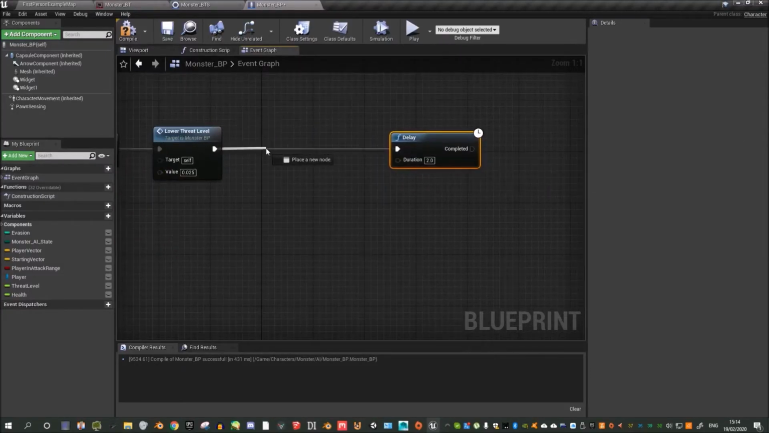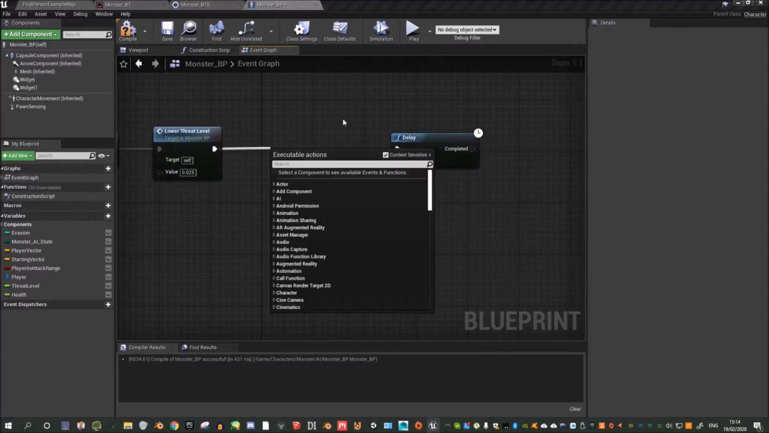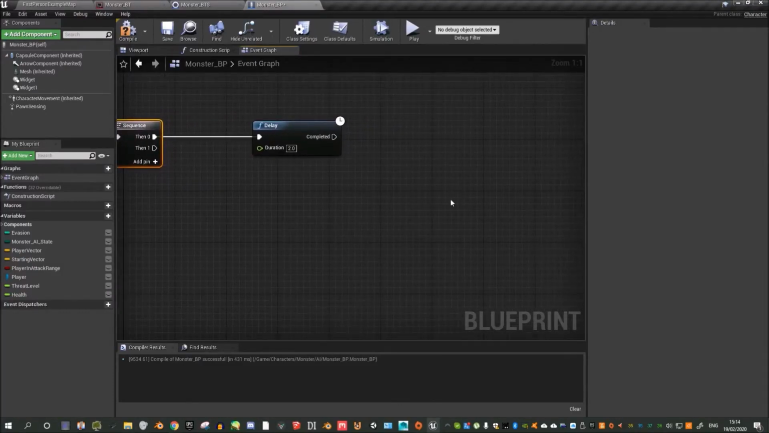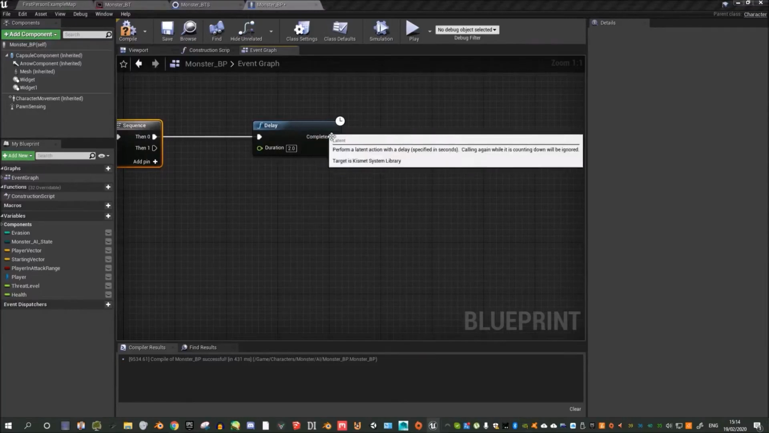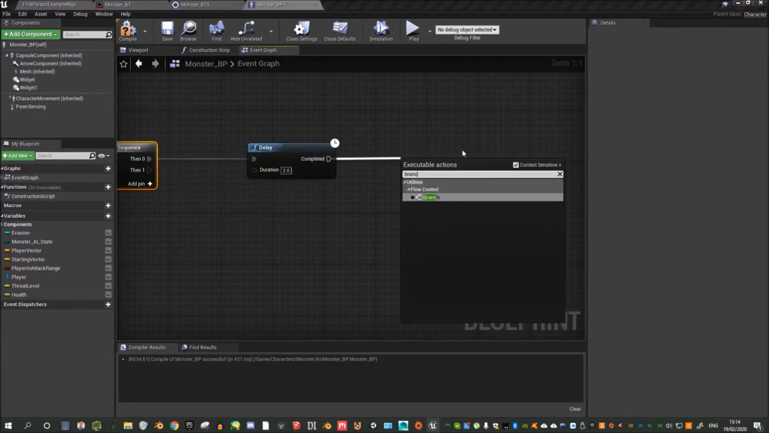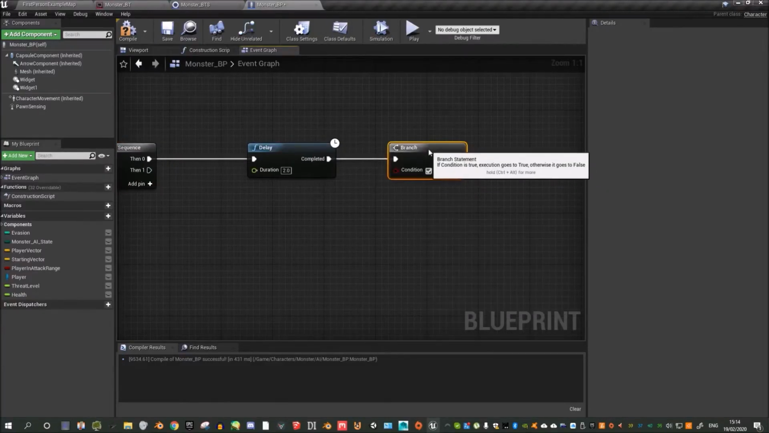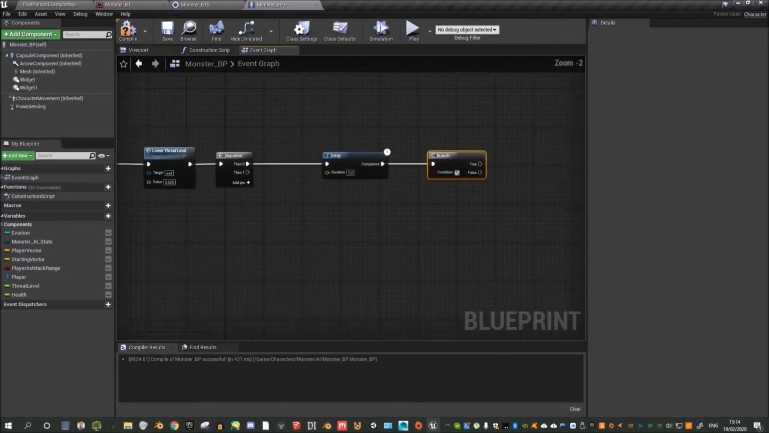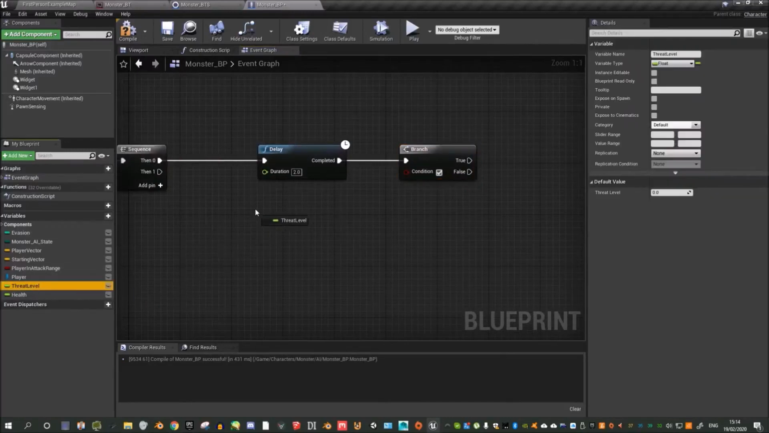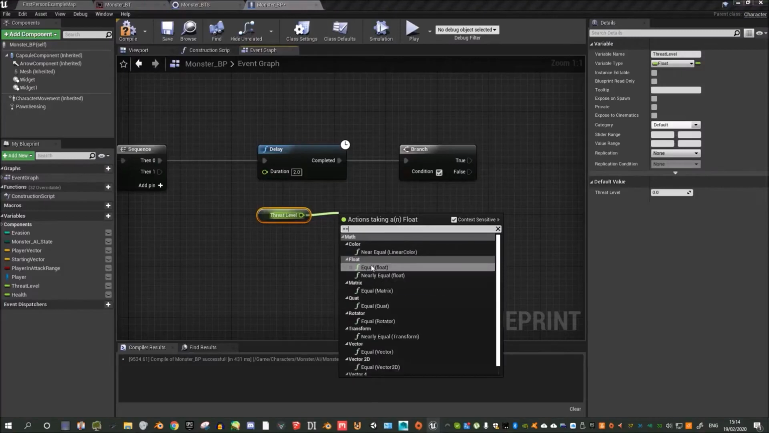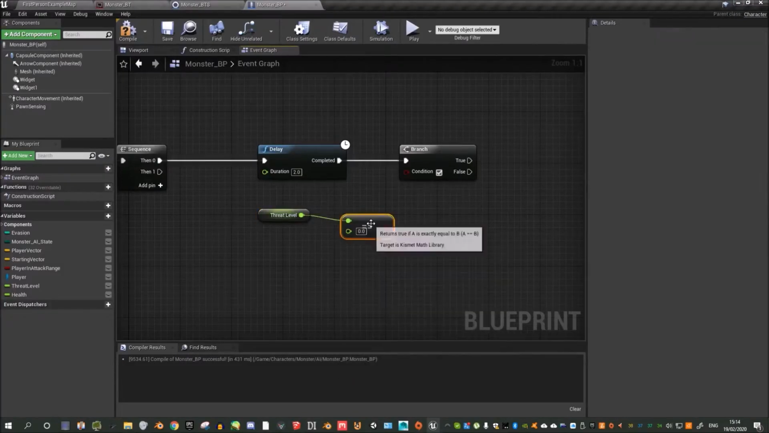Just before this delay, I'm going to add a sequence. So drag off this, release it, and type sequence. From this delay, we'll have a branch node. And let's get our threat level. If it's equal to 0, then we'll do something. So let's drag in our threat level, drag off that, equals equals, float. So if it's equal to 0,